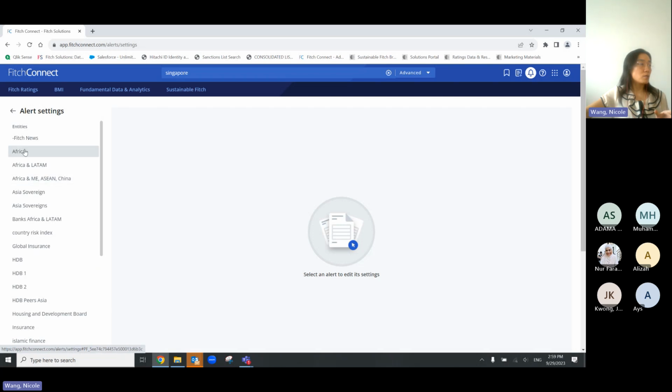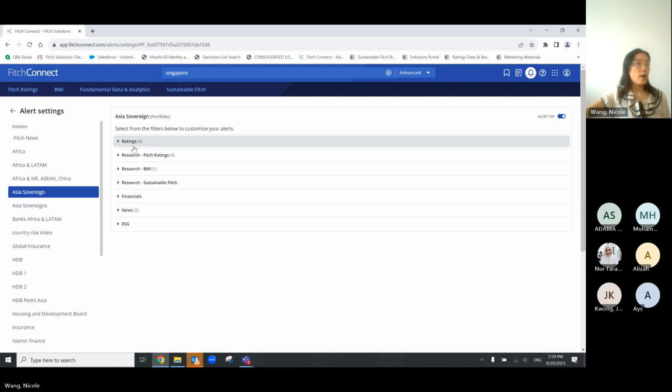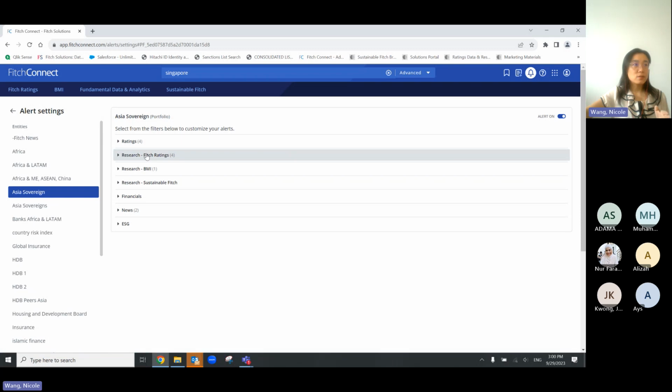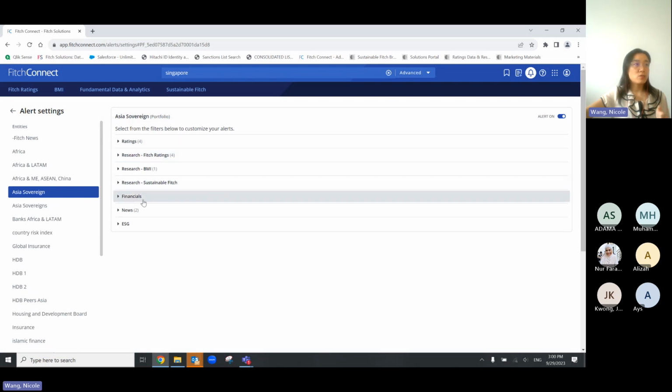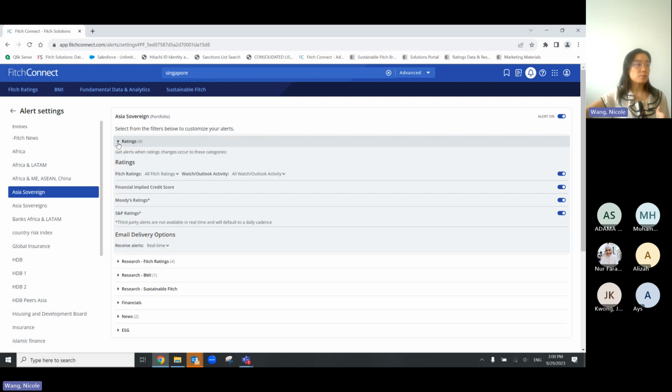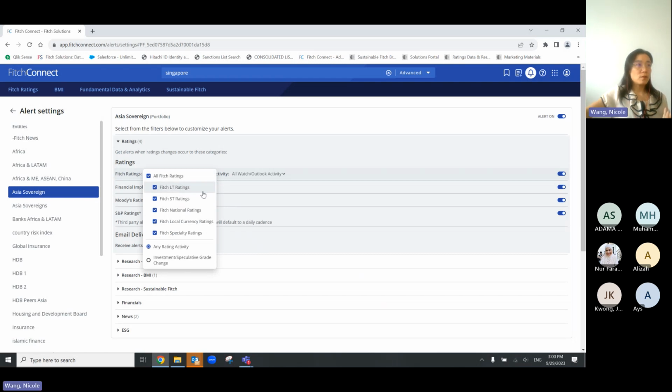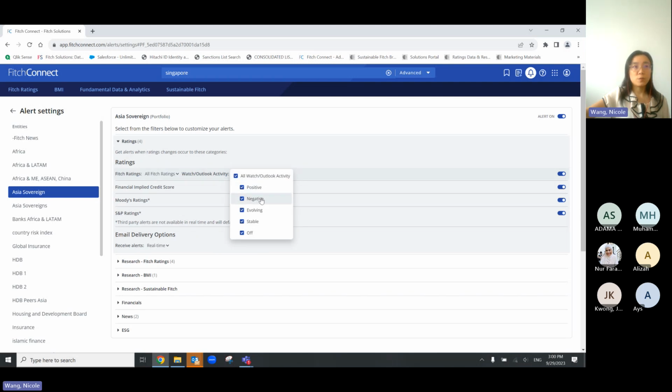And let's say I'm gonna take Asia sovereign. For Asia sovereign, we have ratings, we have research, we have other financials. For example, under this ratings, to expand it, you can just select the type that you want to be alerted. For example, I want to be alerted whenever there's ratings change, be it long-term or short-term or national ratings. So I just select all. And same for the watch, outlook. I want to be alerted on everything. So I just select all, and you just need to turn on this alert, turn it on, and